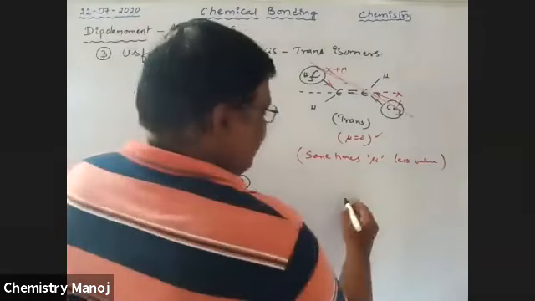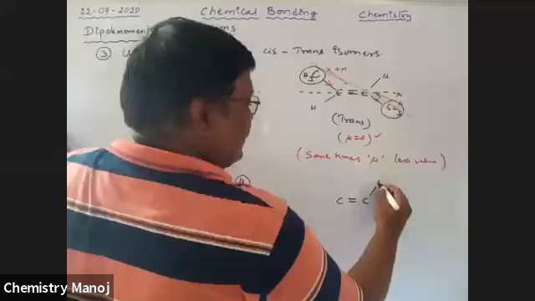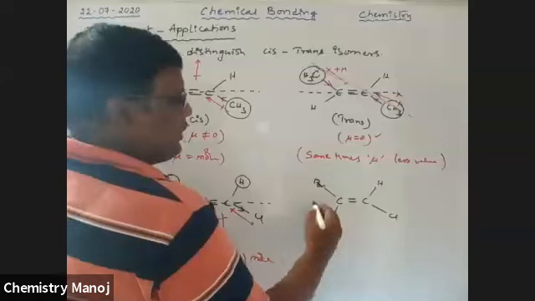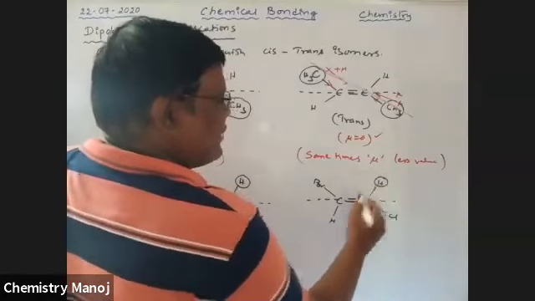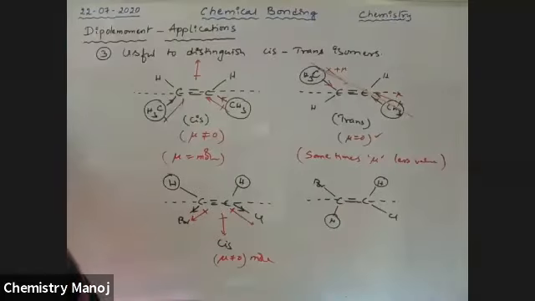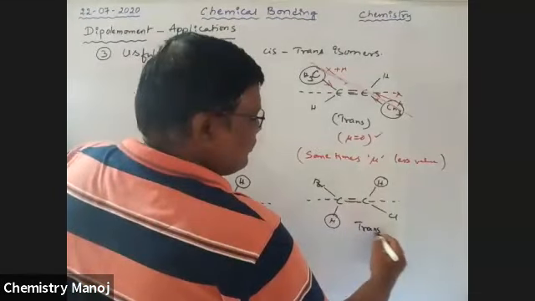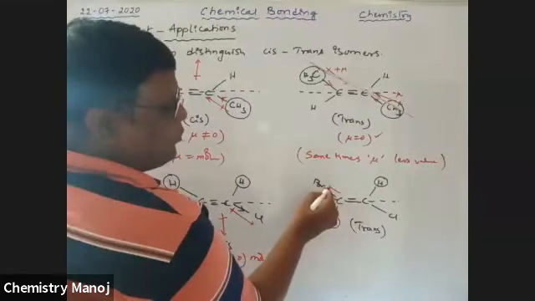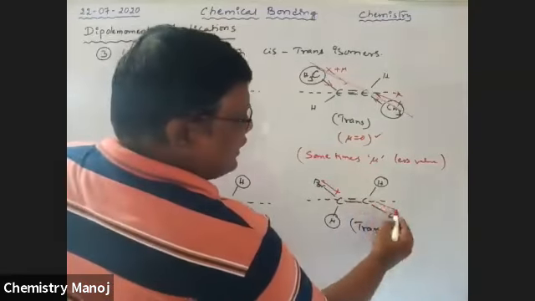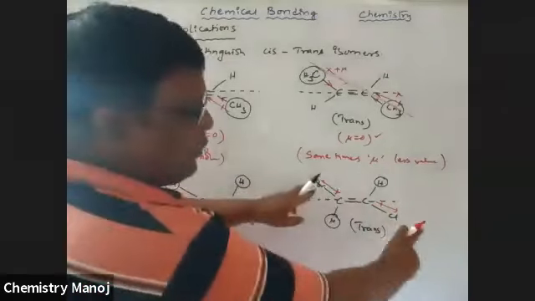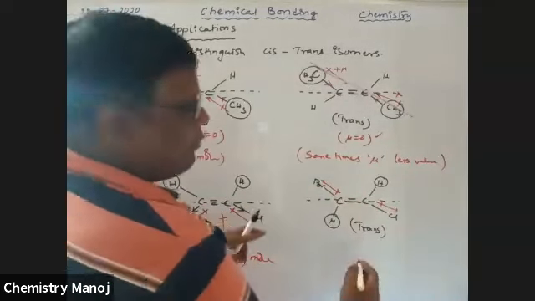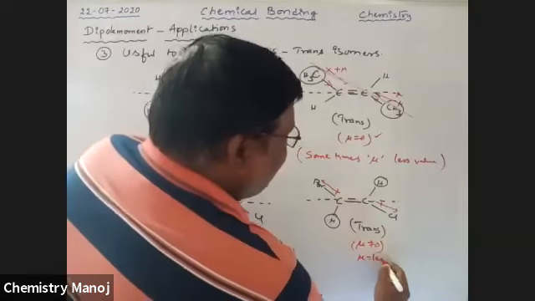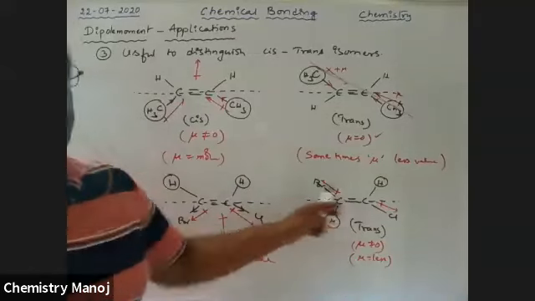Here I am taking one more example. So CH2C. This is H, this is Cl, this is Br, this is H. So this is the internuclear axis, this is hydrogen. Similar groups are on opposite sides, that is the trans compound. Okay, so here that is the dipole moment. Bromine is more electronegative. That is the direction. So it is the direction. So both are in opposite, but here bromine and chlorine differ. That means mu not equal to 0, but some value is cancelled. Therefore, mu has a less value, because these two groups are not same, my dear boys.